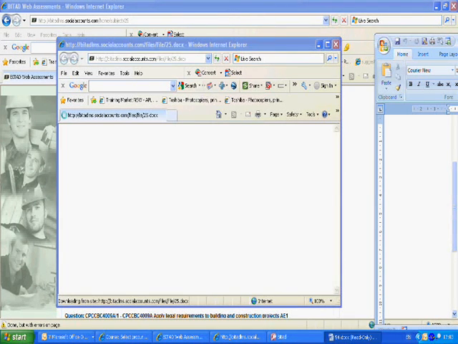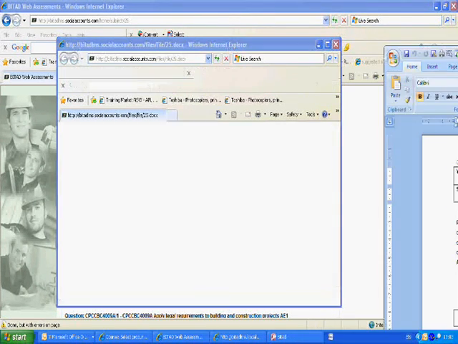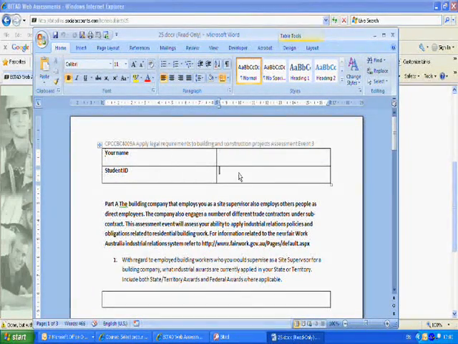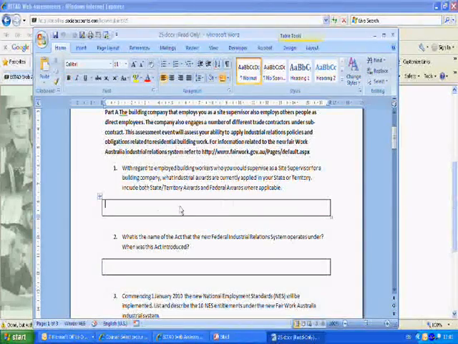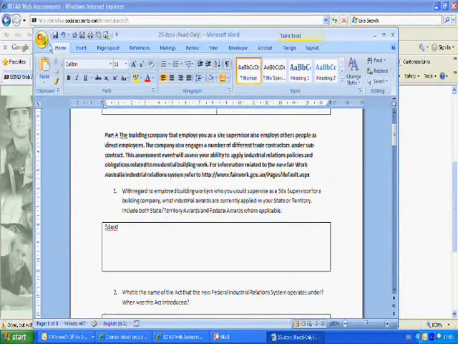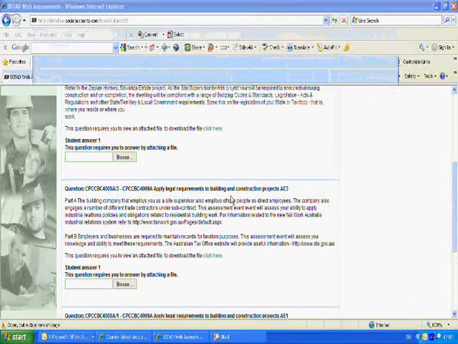So as we open this, you'll see what I mean. So we open up the Word document to get access to it, which is here. So you'll then put in your name and your student ID and answer the questions in here, and for whatever assessments there are, then you save it on your computer. Once you've saved it on your computer,